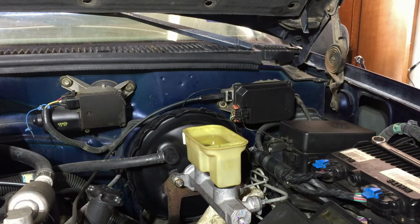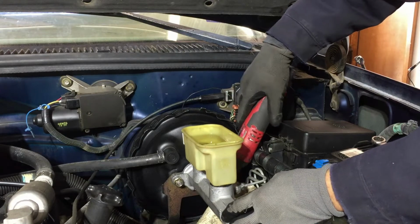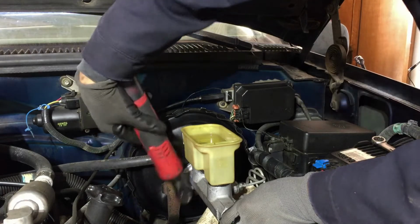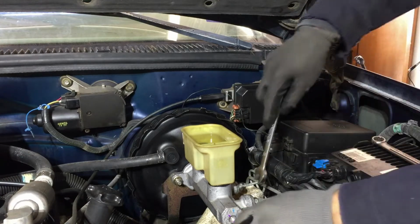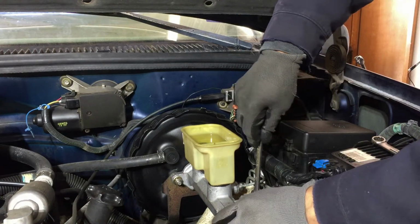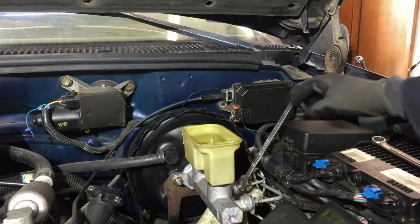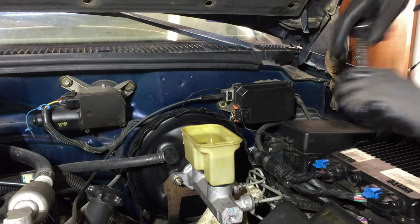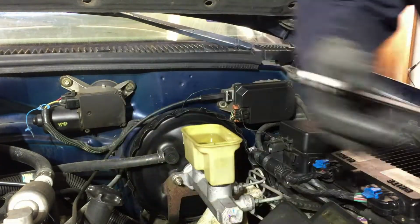Let me tighten the back one so this thing won't be moving everywhere. Easy, easy, don't spill. Okay. Now, just make sure these are tight. That feels good. And that feels good. Now, make sure these are tight. Yep, that's good. Like I said, you cannot bleed this while it's on there,